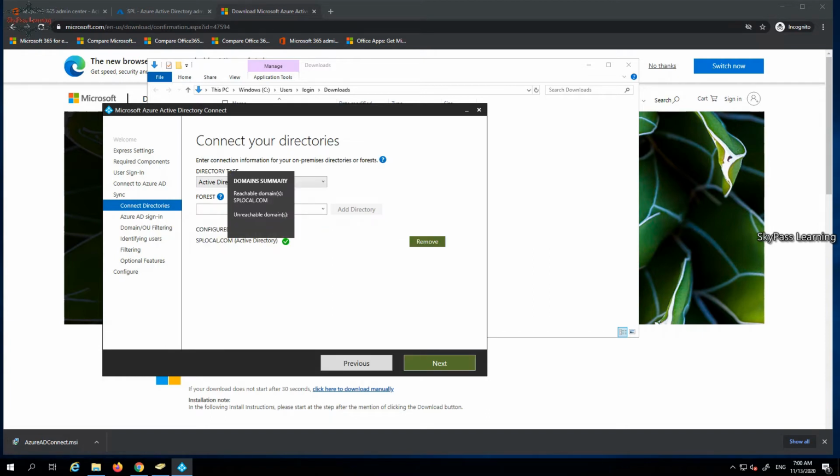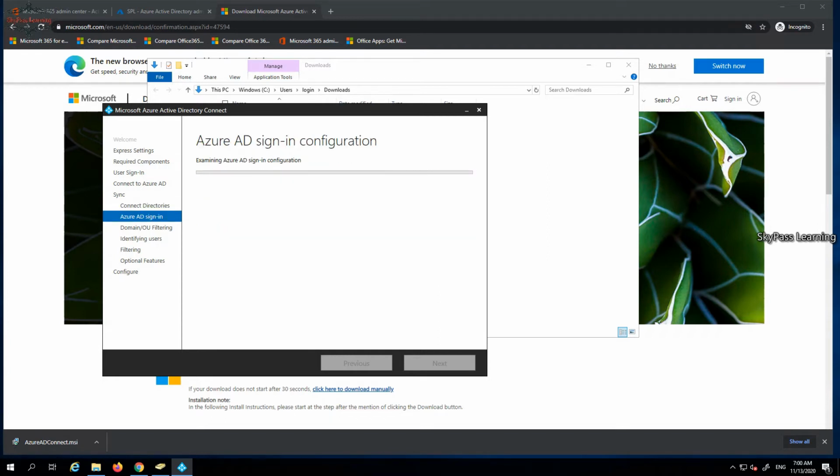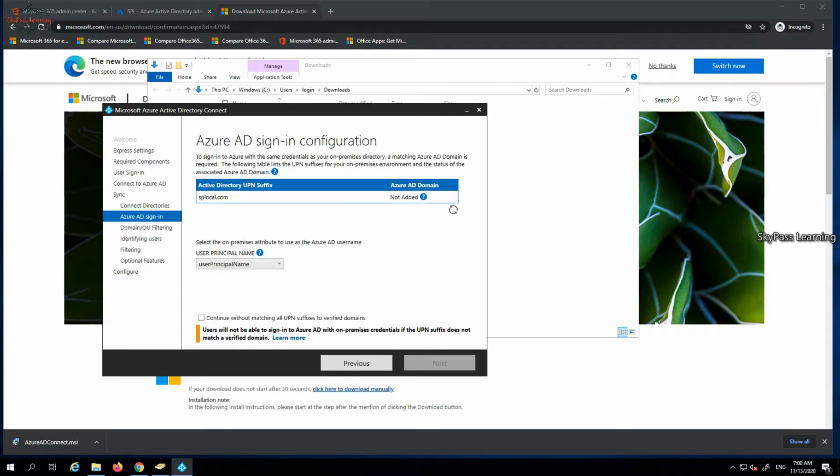spllocal.com, and obviously I use this directory configuration, but I have not configured a UPN suffix till now, so I need to add the UPN information. You can see it's not in Azure AD. This is the message you will be getting. What I have in my Azure AD, let me go back and show you.